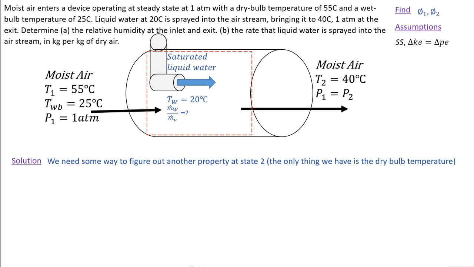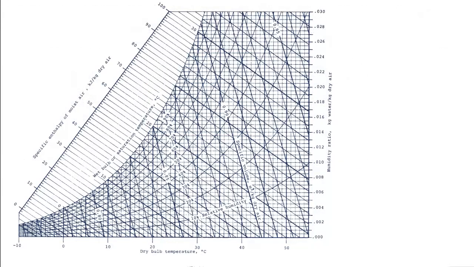So we're supposed to find the relative humidity at 1 and 2, and then we're also supposed to find m.w over m.a. So the rate at which liquid water is sprayed into the airstream in kilograms of water per kilogram of dry air. So that's the m.w over m.a. So if we go to our psychrometric charts, which we can use because we're at 1 atm,